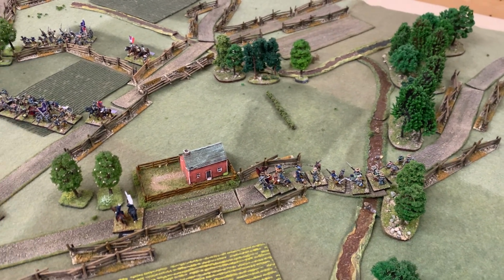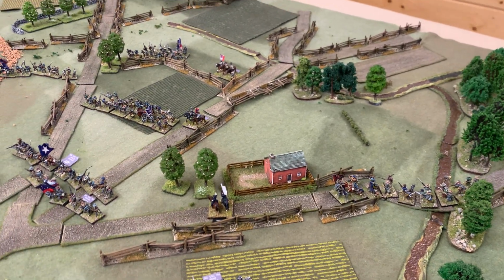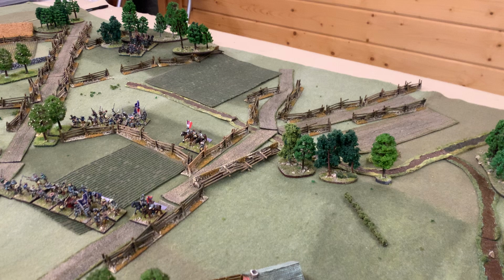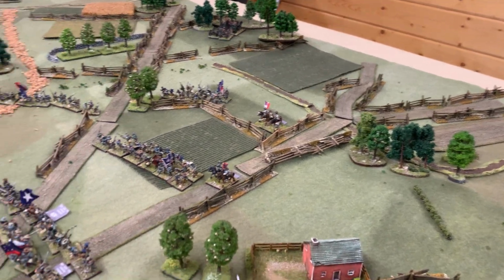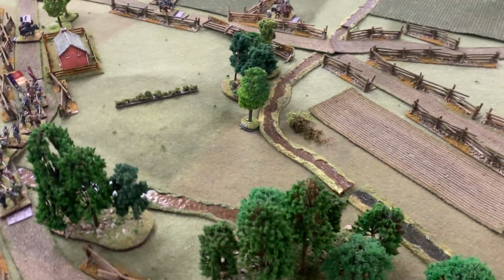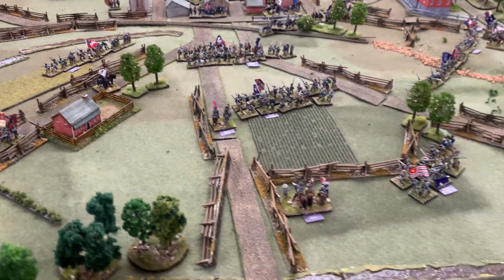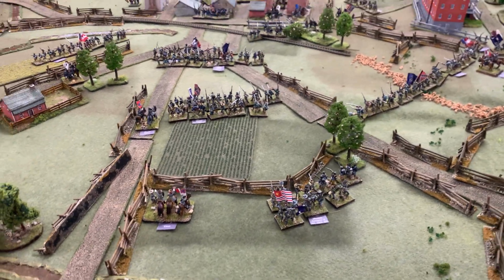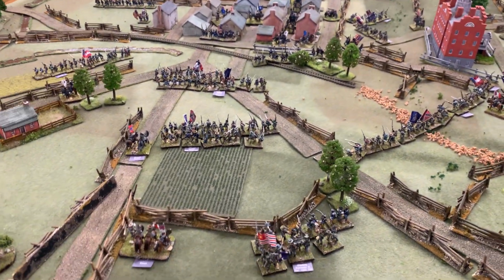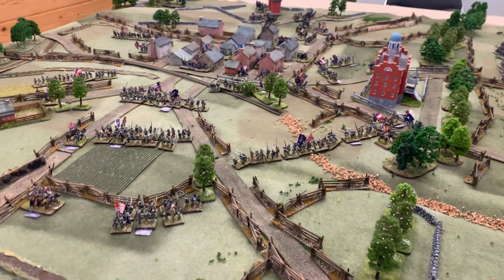As the game was coming to an end last Saturday or the Saturday before, the Confederates were bringing on their next corps, which was led by Ewell, and these troops were flowing in from this flank, streaming down these roads, and you can see quite a lot of it, and attacking what the Union reinforcements could bring on. Now, we've ended up at turn 12,